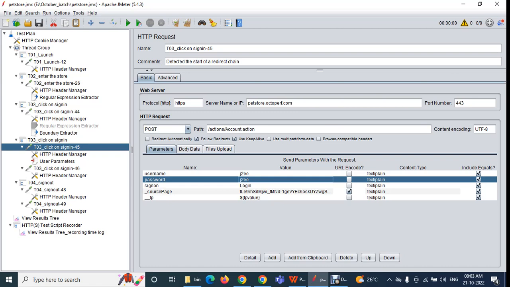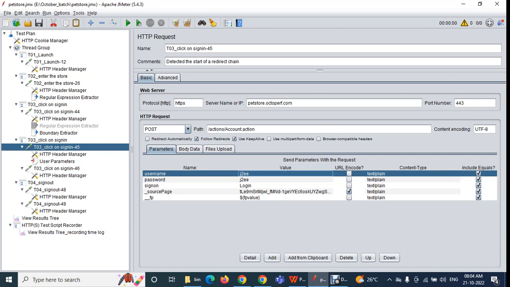Okay, so user 1 J2WE J2WE, user 2 J2WE1 J2WE1. Like that, let us assume I am having 3 users data, and I want to parameterize now. So already yesterday I told you, right? Whenever we are having limited sets of data,